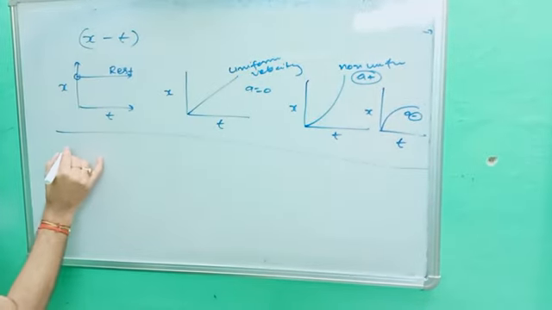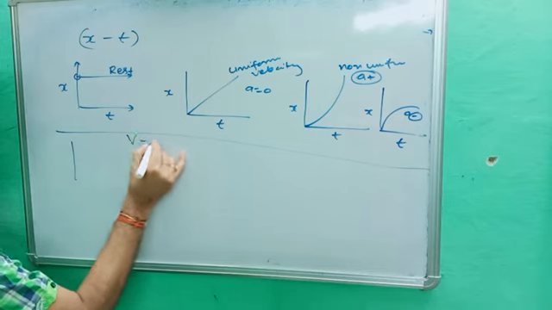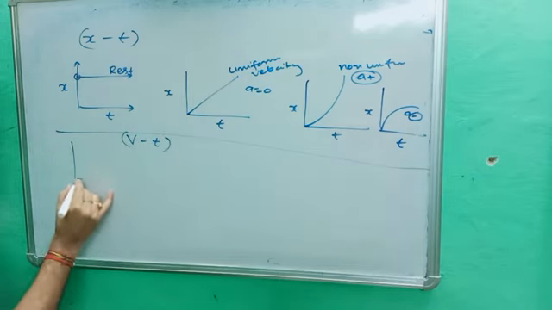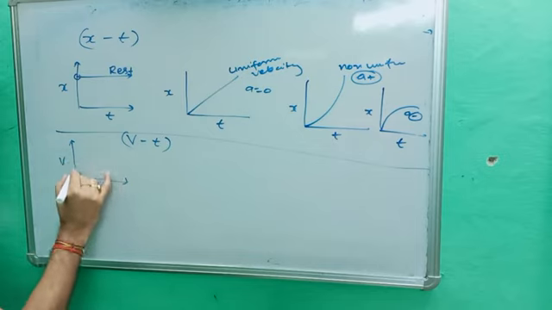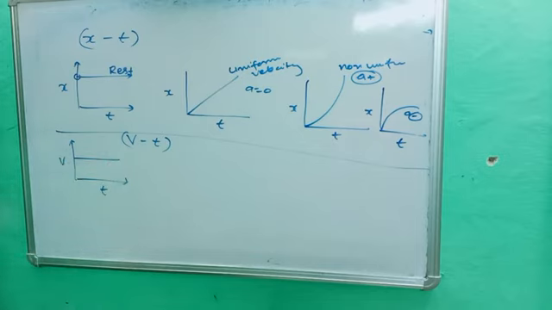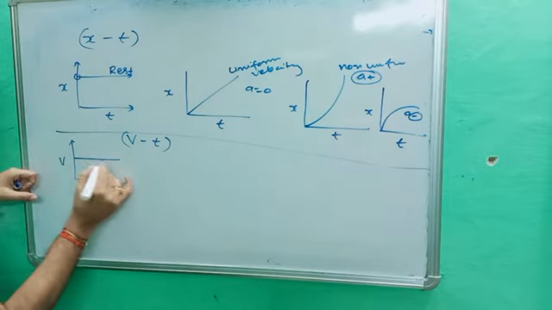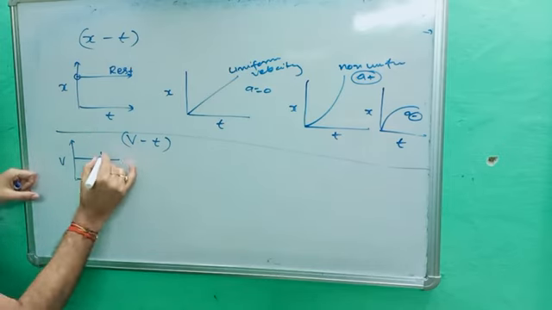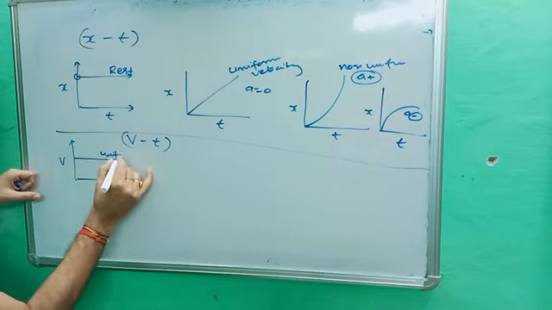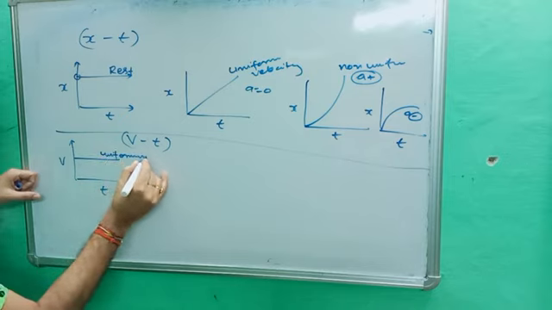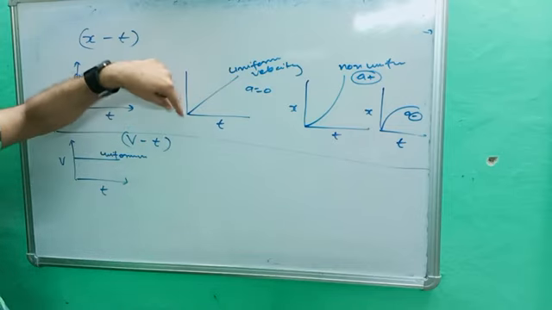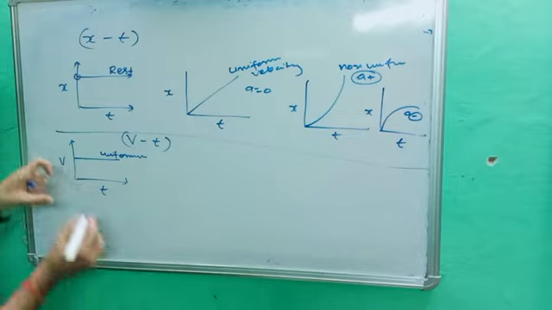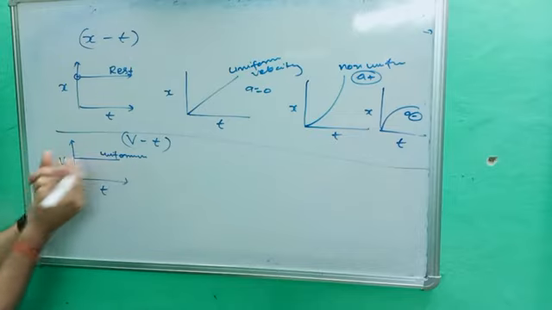Okay, now second, the vt graph. If it is given like this, this is velocity, this is time, and you are getting a line like this. Keep in mind both look the same, but that was xt, and this is vt. It means time is increasing but your velocity is not changing. This is also called uniform velocity. Here in the xt graph a straight line gives uniform velocity; here in the vt graph you are getting a parallel line, which is also called uniform velocity.